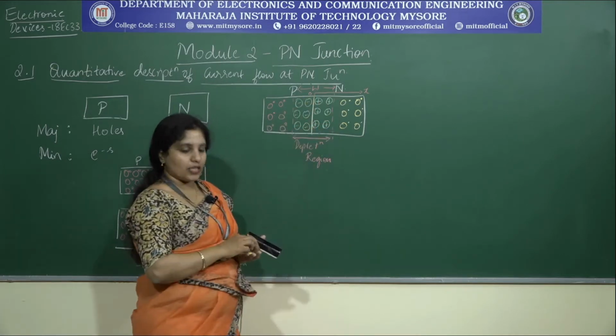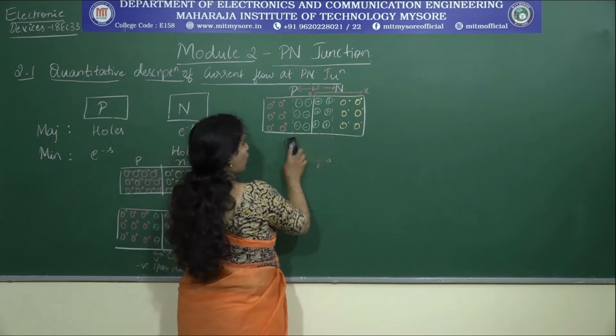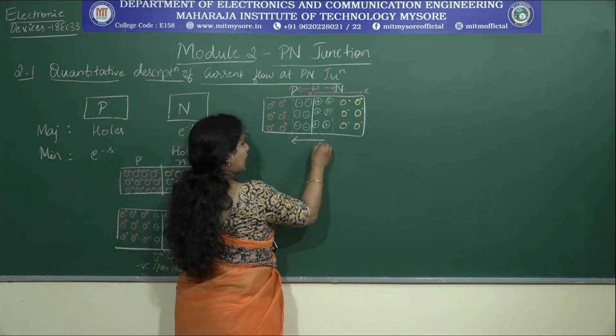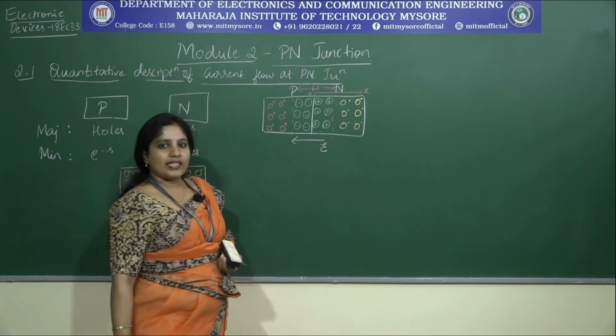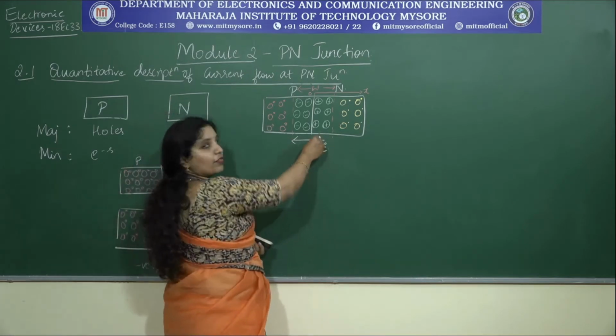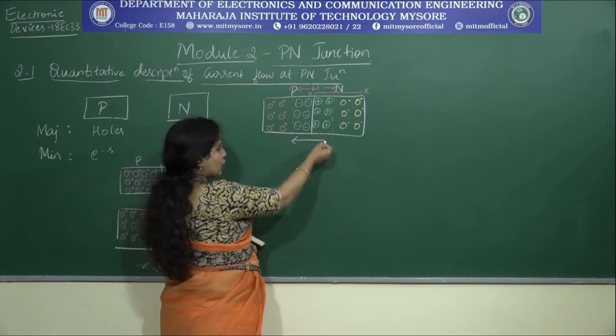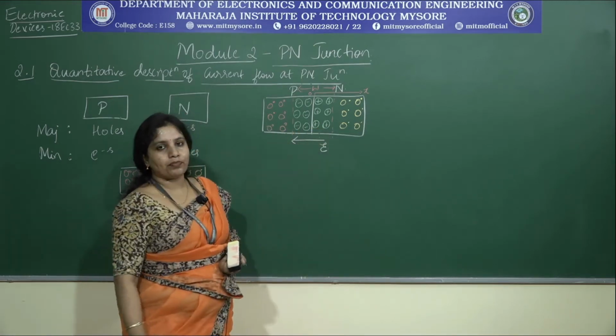So this potential difference: there is a positive charge present here, and a negative charge present here. As a result, we know what exactly happens when there is a positive charge and a negative charge. There is an electric field that exists. Now, what is the direction of this electric field? It is from positive to negative. Therefore, the direction is towards the left-hand side.